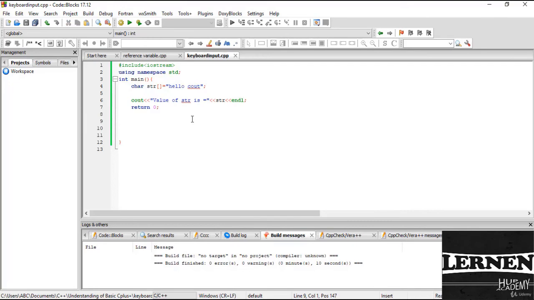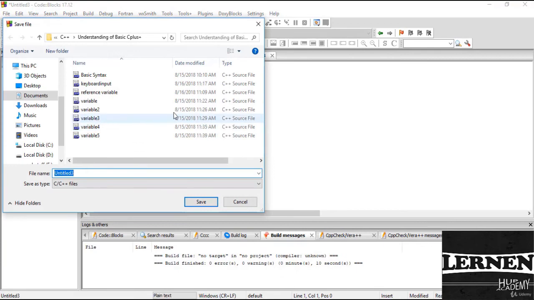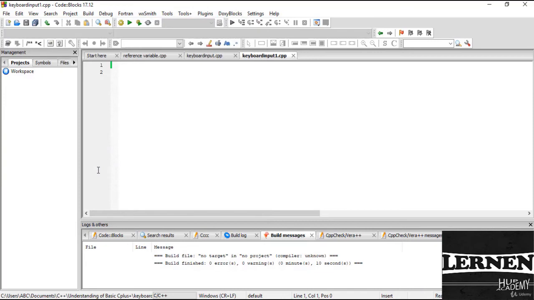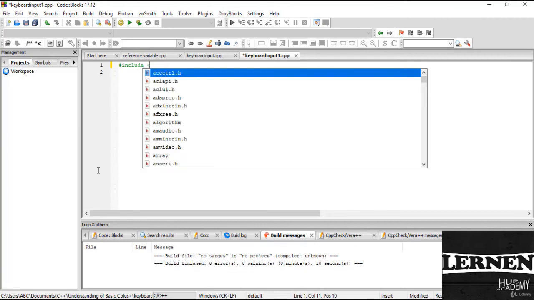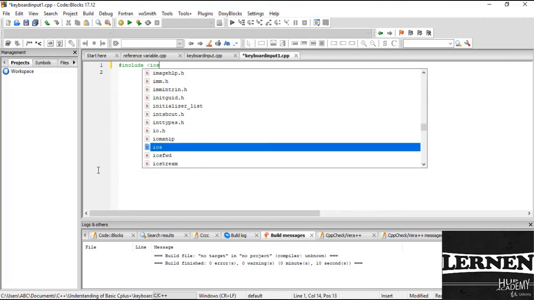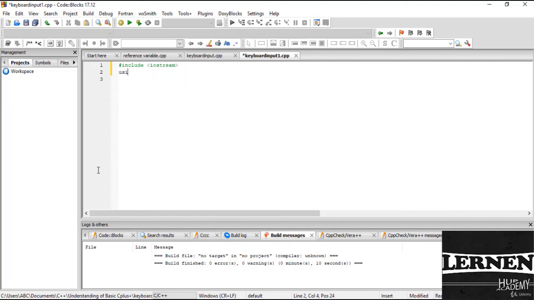Okay, now I just create another file for my cin, and here I write keyboard input, which is 1.cpp. And here I write hash include iostream, hash include and iostream, and then using namespace std, and int main. Okay,